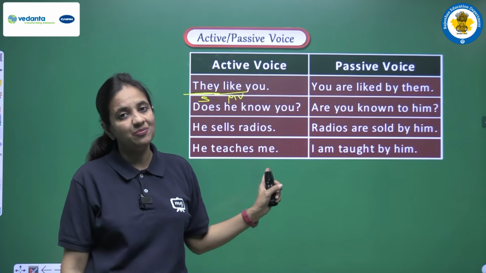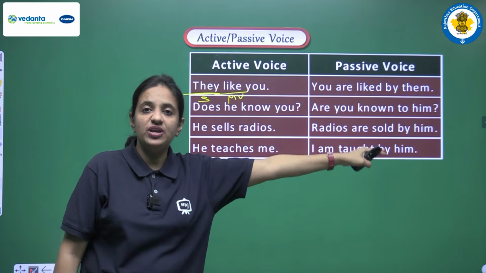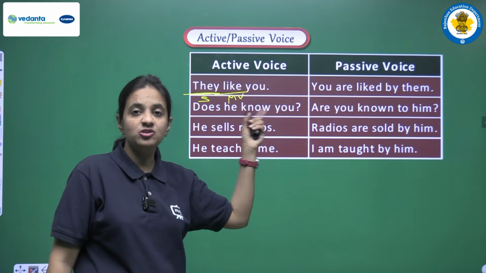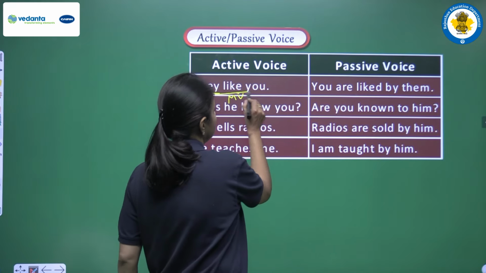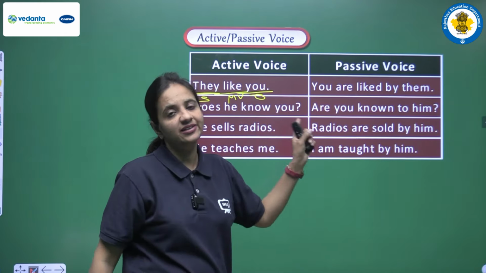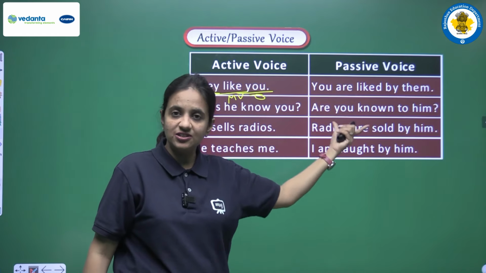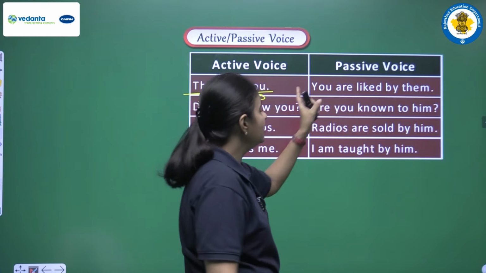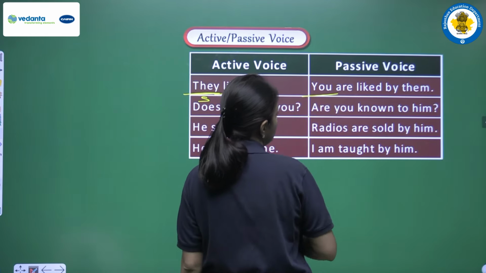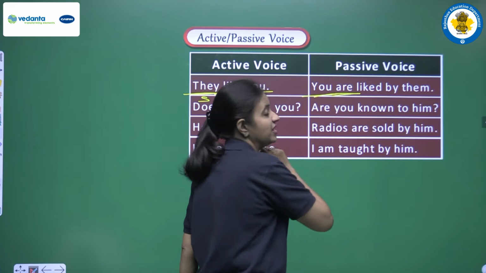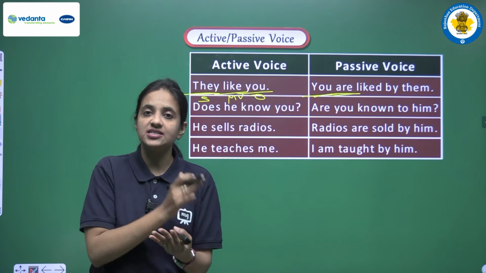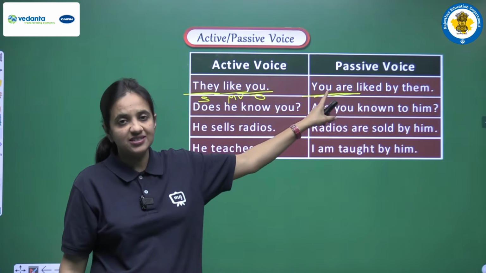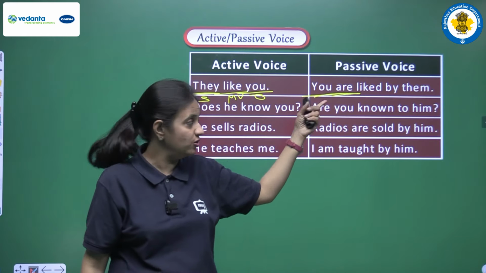So when we have present simple tense, yes, we have to use is, are or am. So let's see how. Our object is you. We all know that in passive voice first of all we have to write the object only. So here we have the object you. After you we have are. So we have to use is, are or am. You is known as a plural subject.